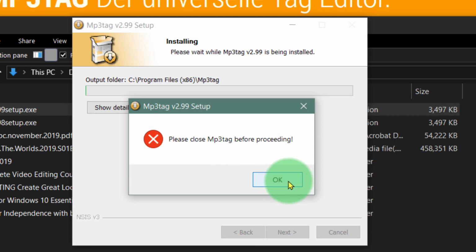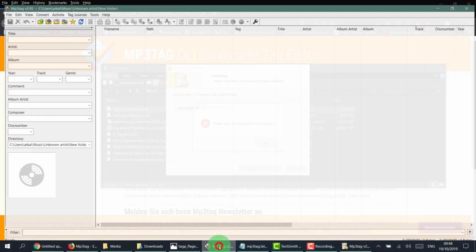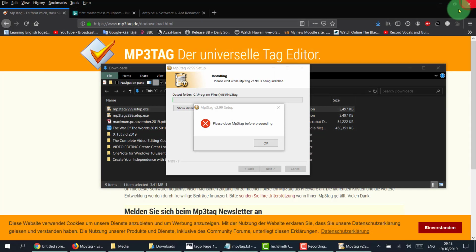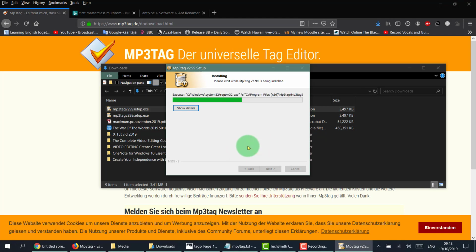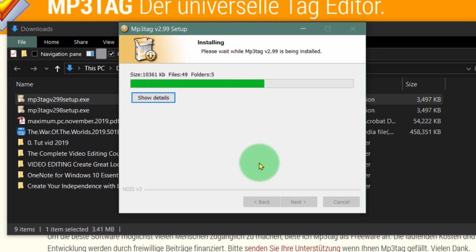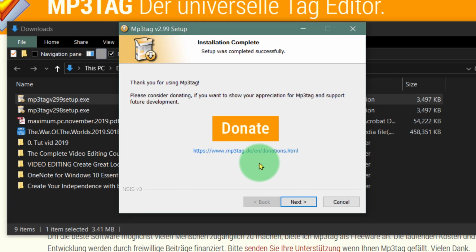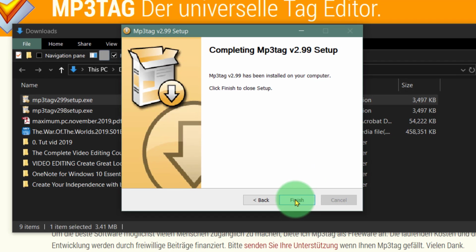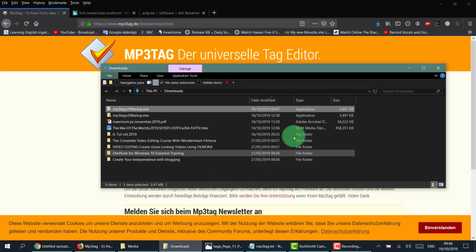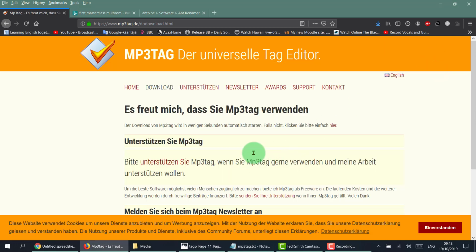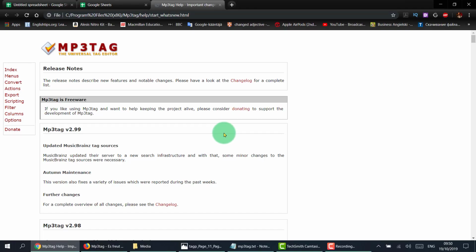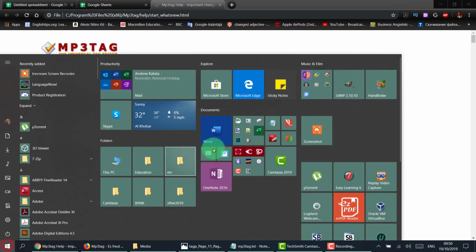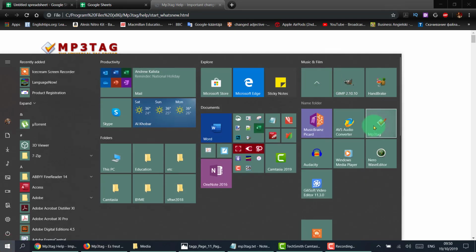I already have mp3tag open, so I should close it first. This is my older version. Now you can donate if you wish to. I'm not going to do that at this time. Just click next and finish. So we've installed mp3tag, so let's just open the software,